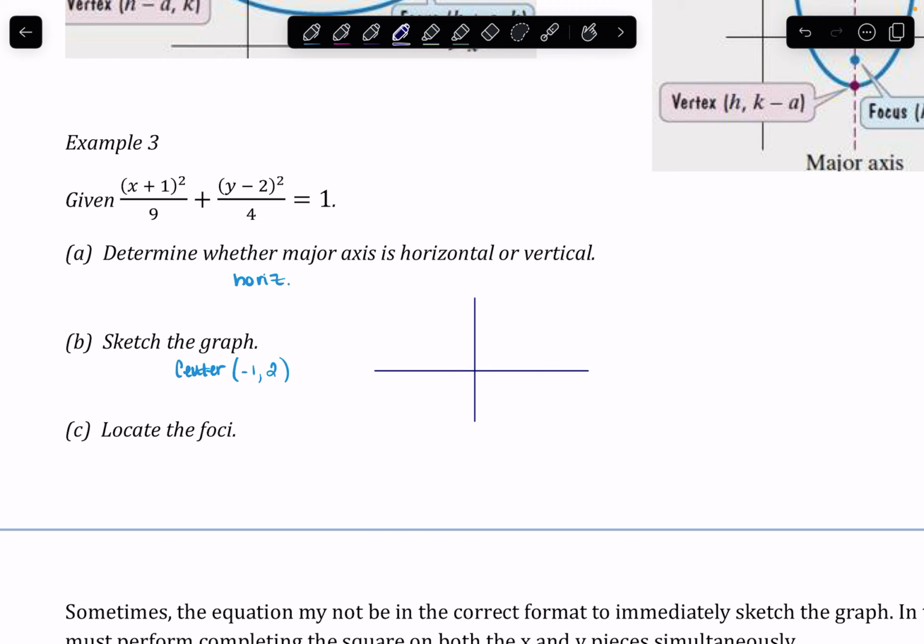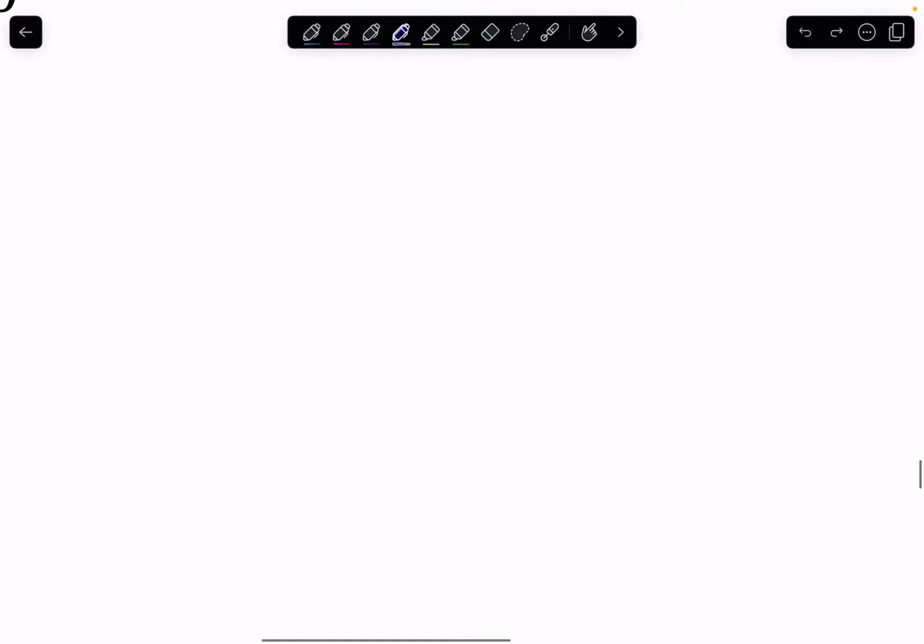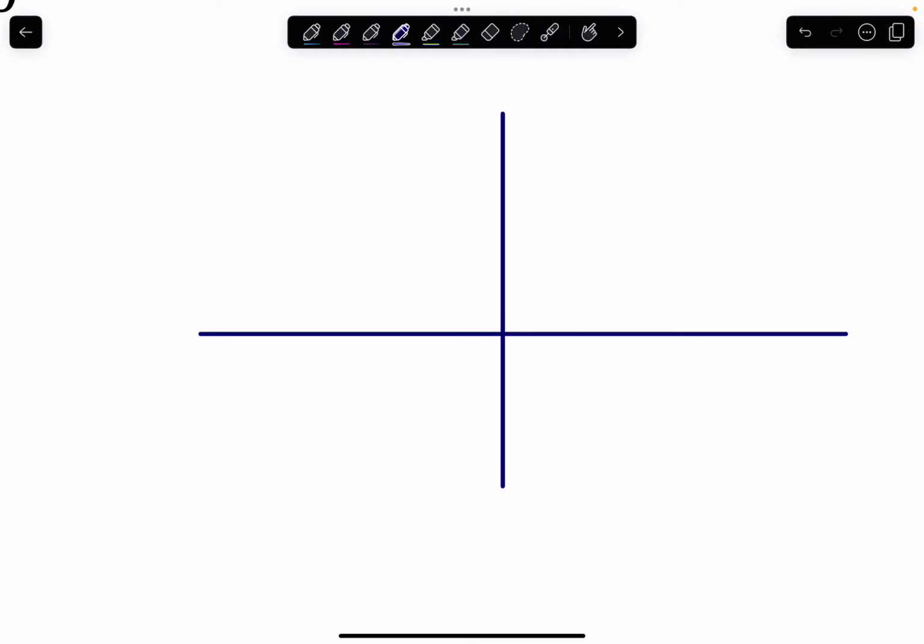All right, so -1. Whoops, I just erased my axis. I erased both of them. -1, 2. All right, we said our major axis was horizontal, so the next thing I'm going to do is find my